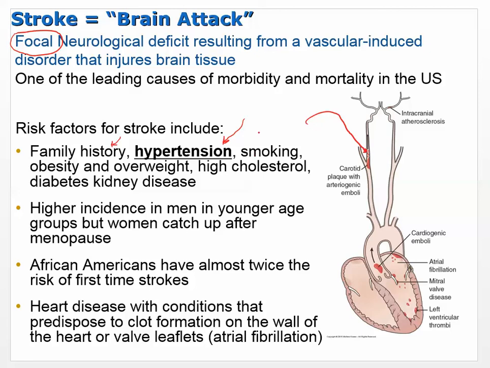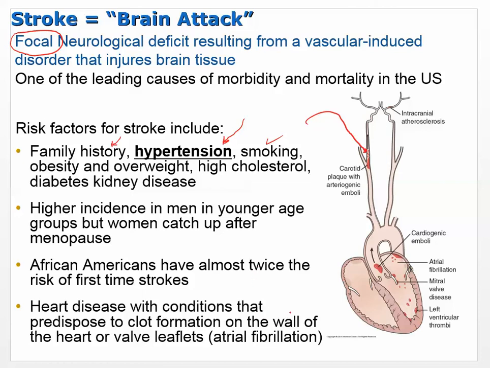Well, it wouldn't be weaker vessels, but there could be a lot of things leading to that family history. So smoking, obesity and overweight, high cholesterol, diabetes, kidney disease, all of these things can increase the risk of stroke. Higher incidence in men in the younger years, but women will catch up statistically after menopause and will suffer as many strokes. African Americans have almost twice the risk of first-time strokes. Heart disease with conditions that predispose to